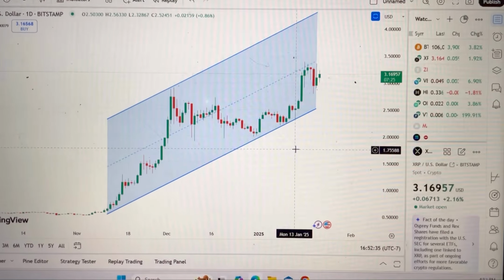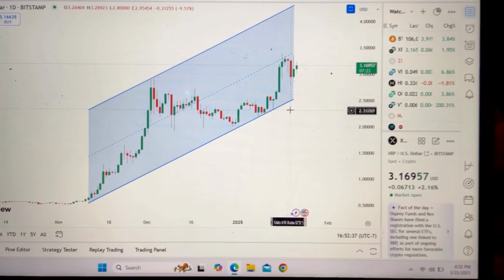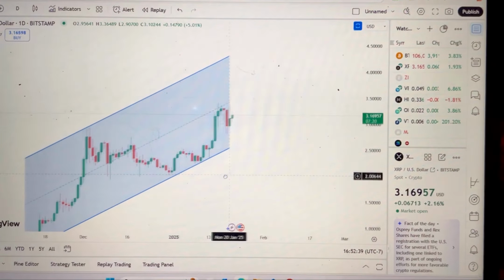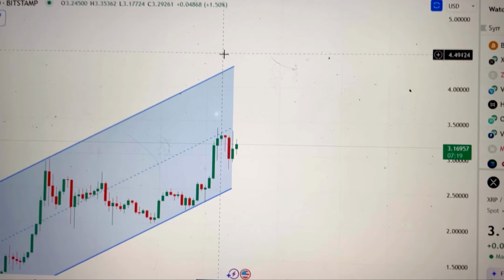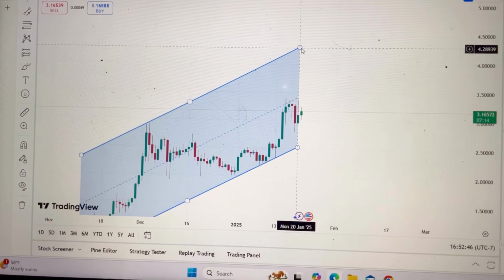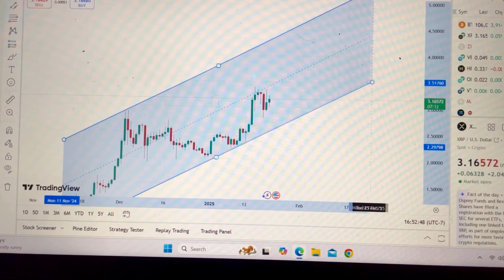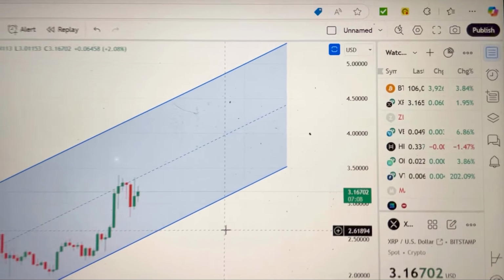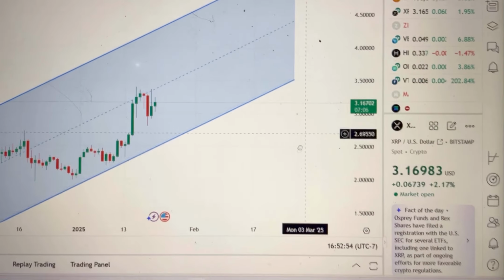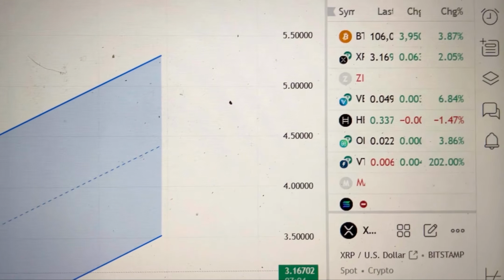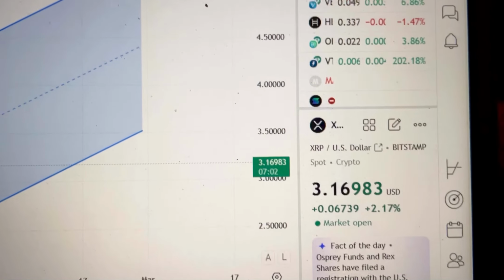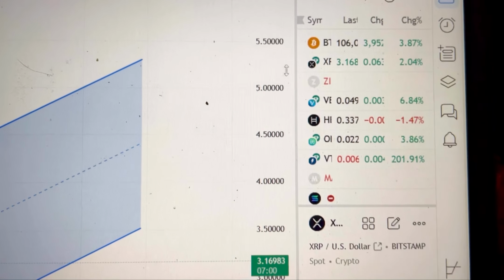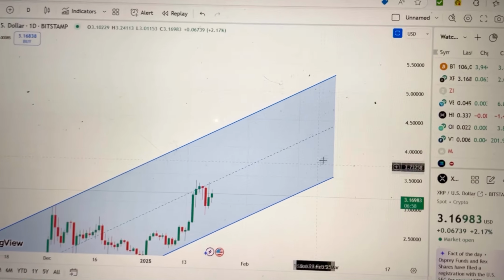Now that I drew this channel, I can kind of predict where it's going to go. Look, I'm going to click on this screen and I can drag it back here. And then if you look at this channel, when you click on it, there's a little white line there. I can extend that. Look, I can go like this and move it all the way up here like that. And then now you can see where the prices might be going in the future if we continue this uptrend. There's like $5.50 here, there's like $3.50 there. You can keep on extending it.